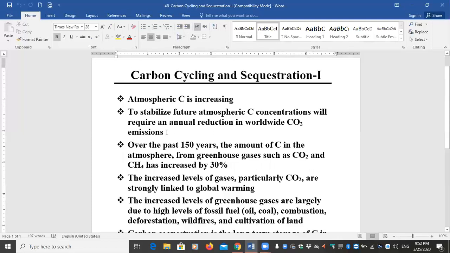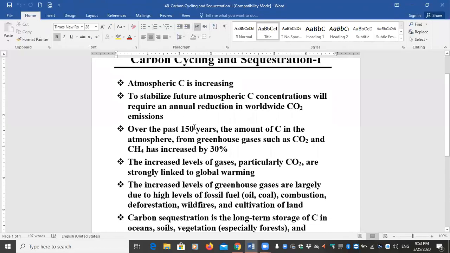Emissions, from the verb emit, to emit into the atmosphere. So this CO2 is put into the atmosphere from different sources. To stabilize the future atmospheric carbon concentration in the atmosphere as CO2, it requires an annual reduction in the worldwide CO2 emissions. So all the world, not just one country or one group of people, it has to be